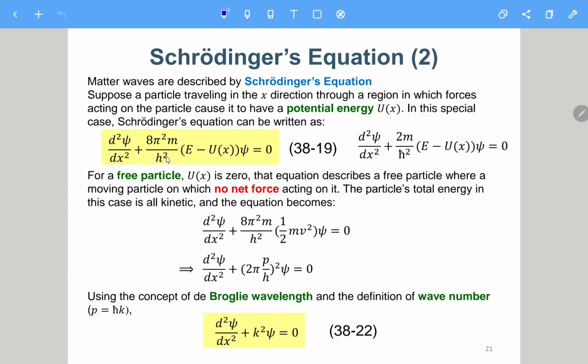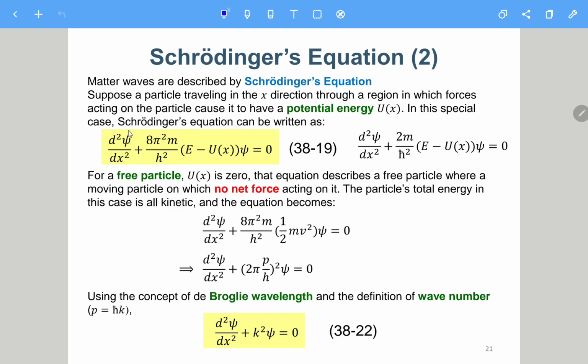Oh, it looks so complicated. Actually, I will not try to tell you why at this moment. After finishing the slides of this chapter, I will try to tell you a derivation of this Schrödinger equation, although it will still look complicated. But for now, just try to accept that the Schrödinger equation looks like this.